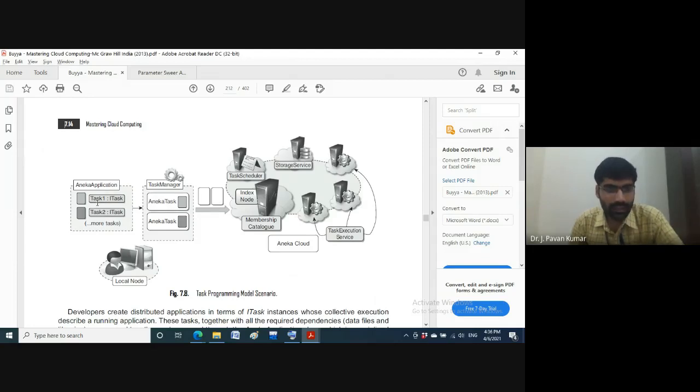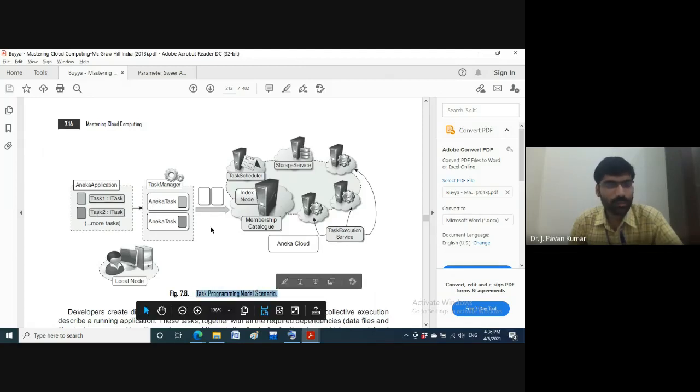By having tasks which implement the ITask interface. ITask is the interface which will be implemented in every task in an Aneka application. This will be embedded, or added with a wrapper, to become an Aneka task. These Aneka tasks will be submitted to the middleware in order to perform execution. This is what we have seen with respect to the task programming model.